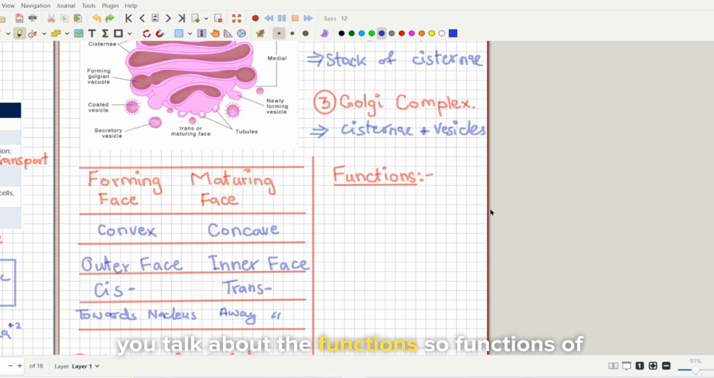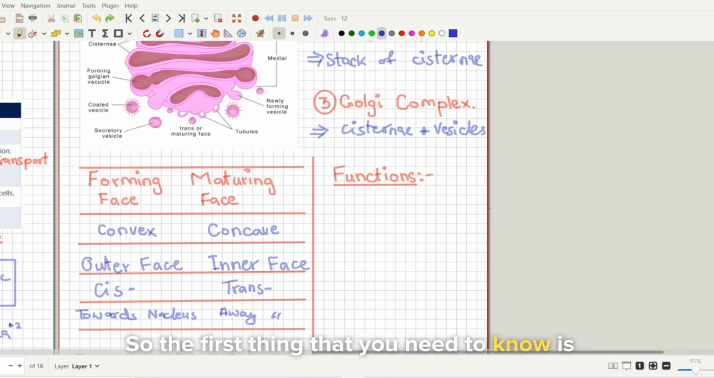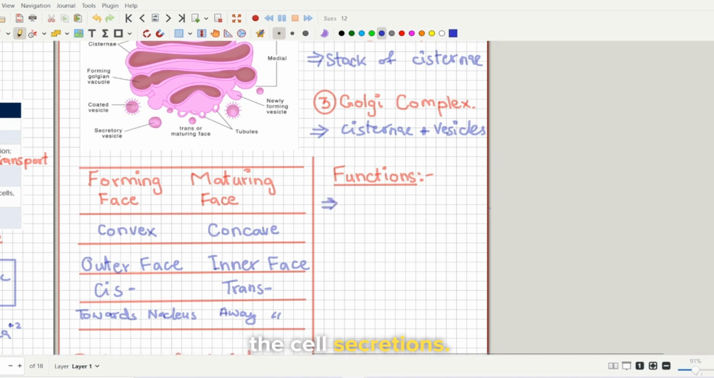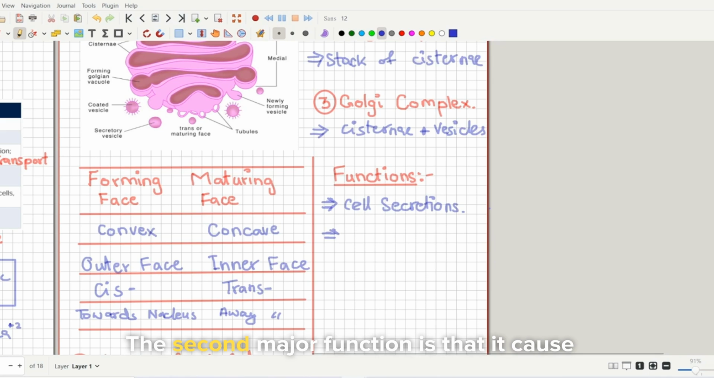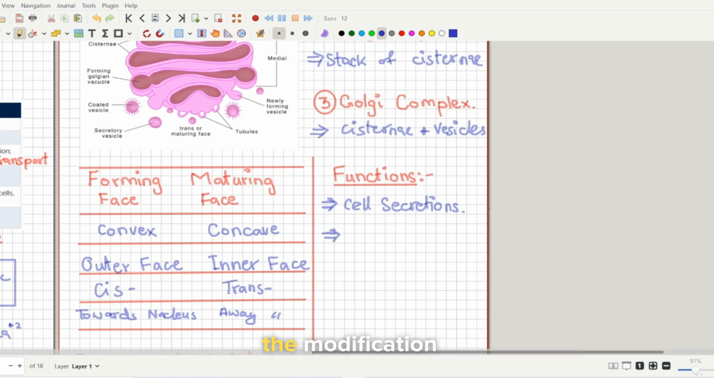If we talk about the functions, the functions of Golgi apparatus are really important, they are like the gold mine of MCQs. The first function of Golgi apparatus is cell secretions. It is the main function of Golgi apparatus that it forms cell secretions. Our major body cell secretions are secreted by Golgi apparatus. The second major function is that it causes the modification